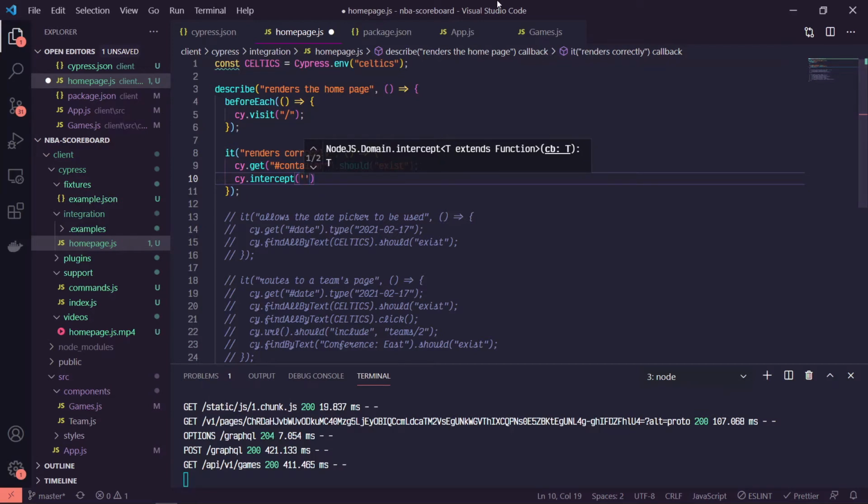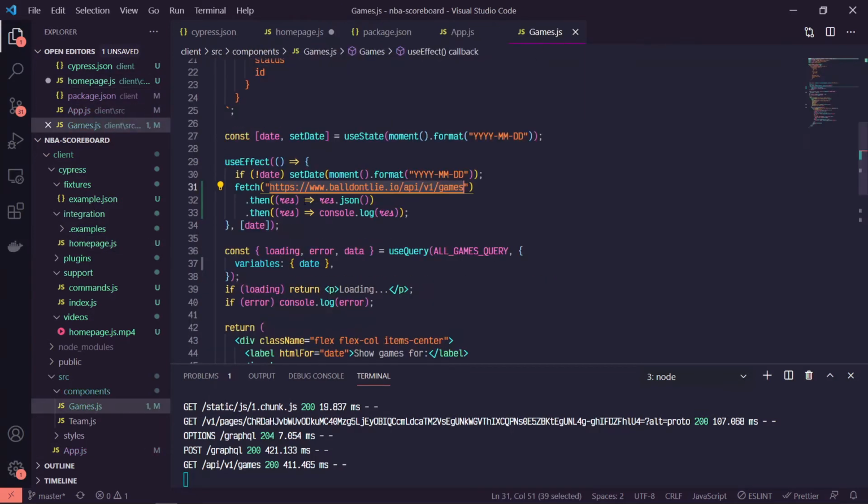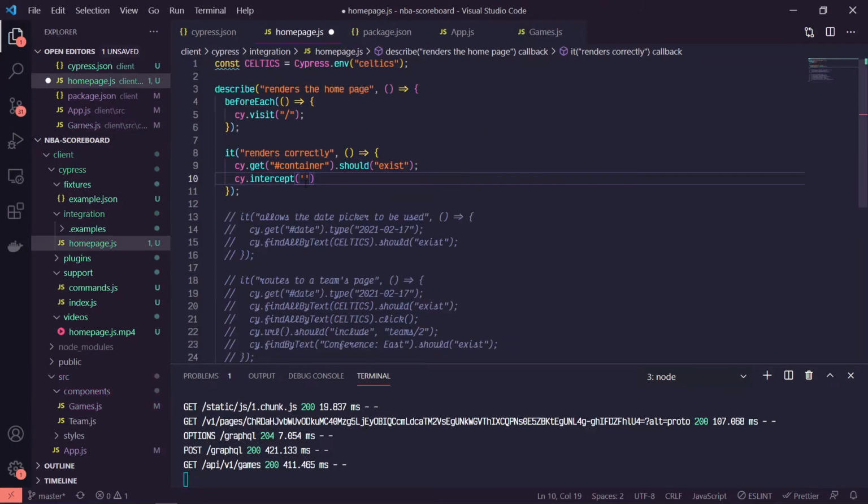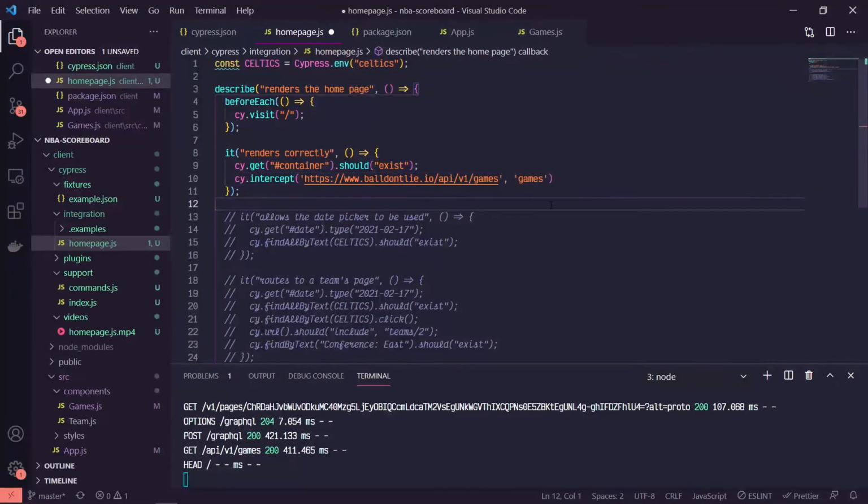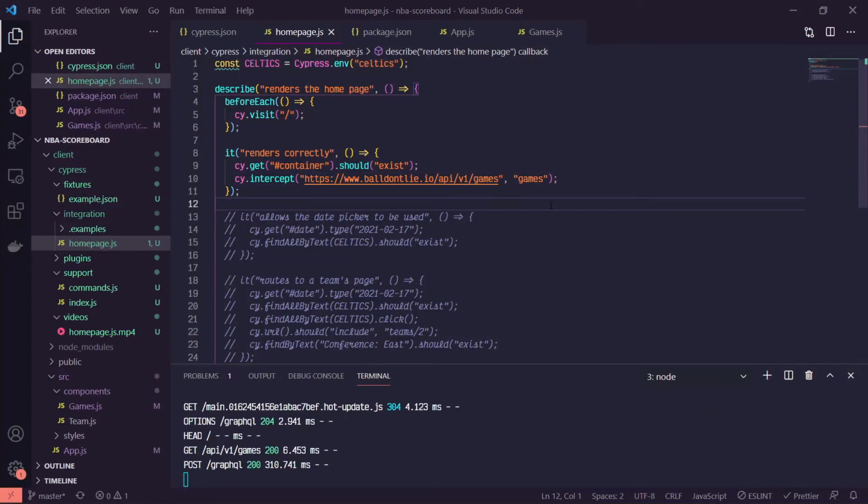I know that my request is going to this endpoint, so I'm going to copy it and paste it. So I'm going to intercept this. Now, if I want to provide my own response, I've got a couple of options. I can just add a comma and provide a string, and now this string will be the response. So if I hit save